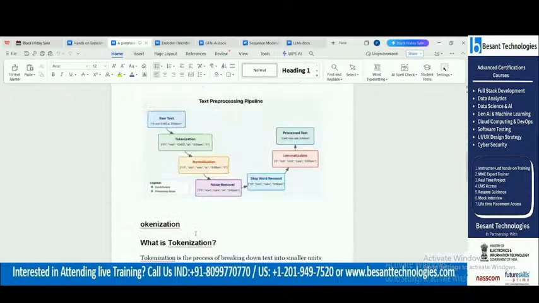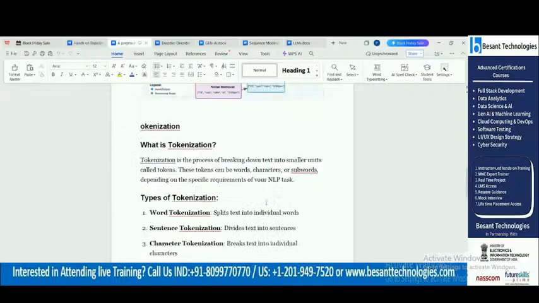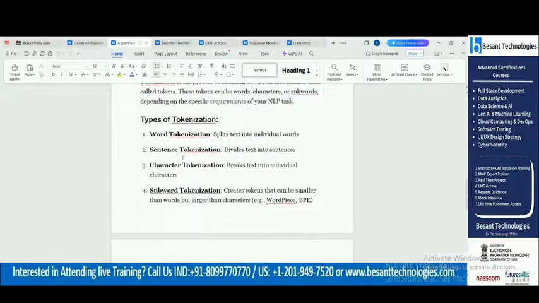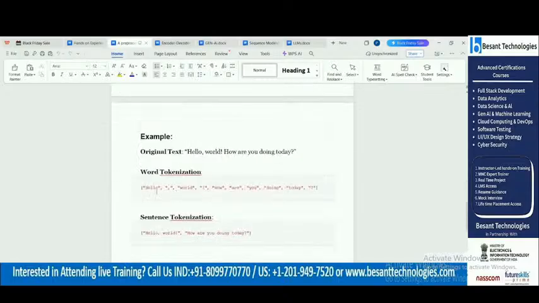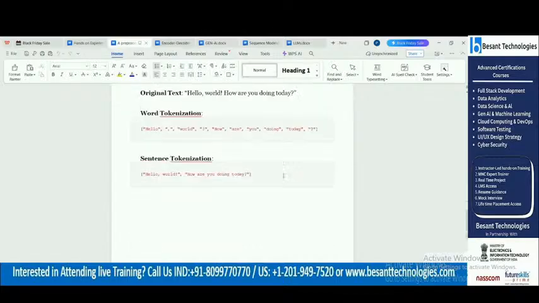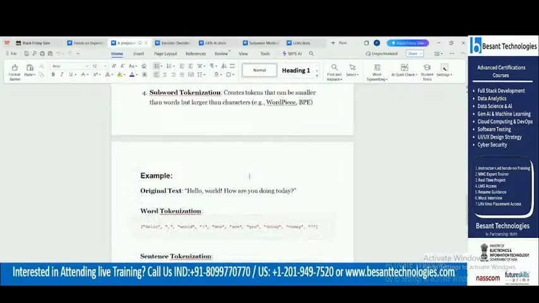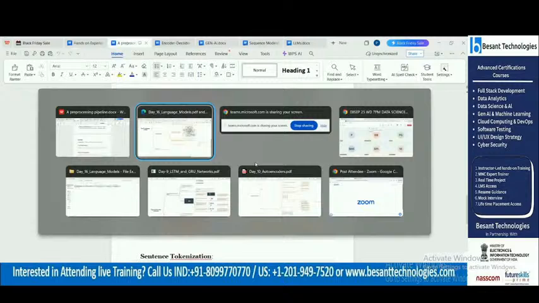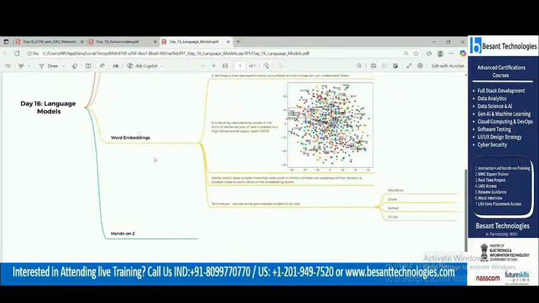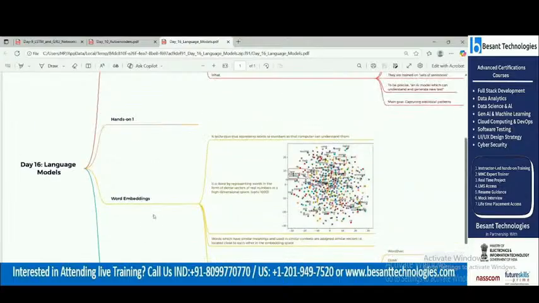Getting here? So these are the steps that you have to undergo. So in this also tokenization you are having different types: subword, character, sentence, dividing the text into sentences, dividing the text into simple words. See here. Okay, sentence tokenization and word tokenization. Okay, so all are given in a sequence only. So all these come under whenever you want to do any word embeddings model. Okay, so in this we are using what? Language models. Okay, so now whenever you are representing any words in the form of dense vectors.